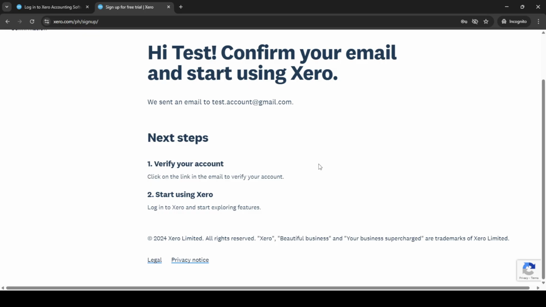At this stage, Xero will prompt you to verify your email. Check your inbox for a verification email from Xero. Simply follow the link provided in the email to verify and activate your new account. And there you have it, you've successfully signed up for a Xero account. Now you can begin exploring the platform's capabilities and start managing